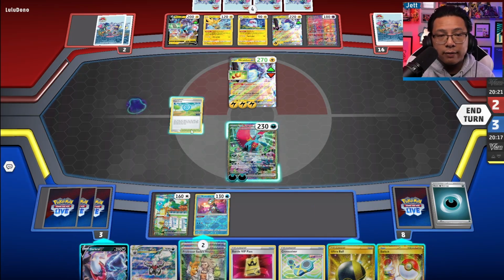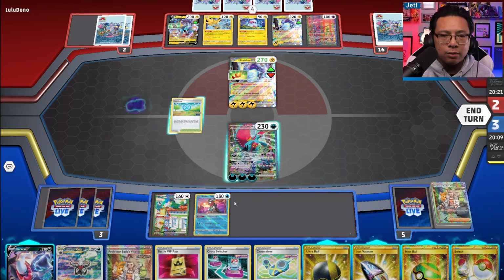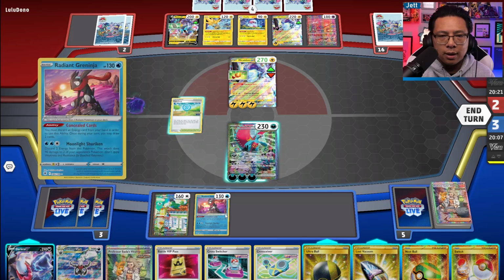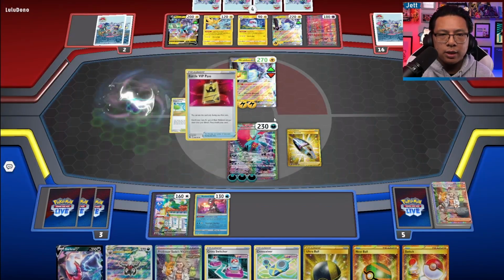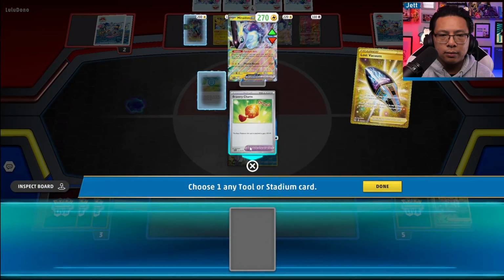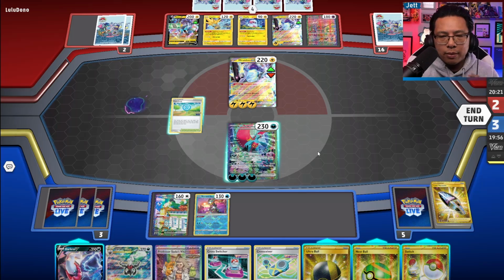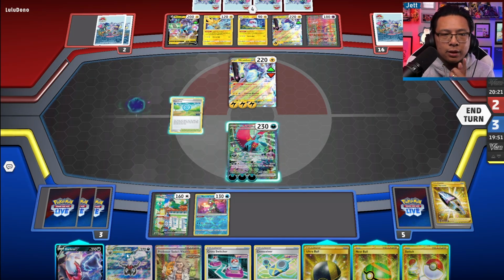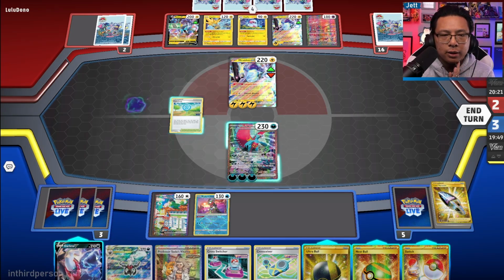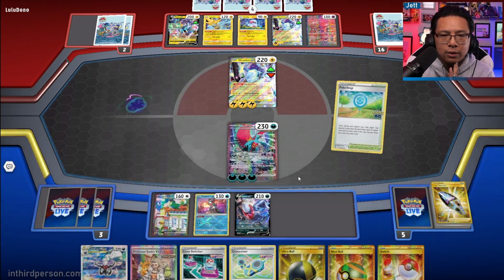Okay, and we also don't have energy here. Let's go and Sada. And we find the Vacuum. That's fantastic. Let's go and vacuum away the Charm here. And arguably, we don't need to bench the Darkrai. I guess if they're gonna gust around us, they could just hit the Squawkabilly and we lose anyway. So I don't think it's the worst thing in the world to...